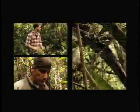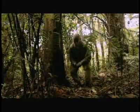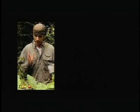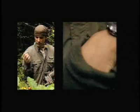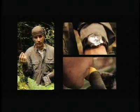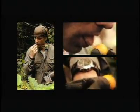But how can you tell which plants are safe to eat? A good indicator are signs that other mammals, like monkeys, have been eating a plant or fruit. But to be on the safe side, Mike uses a simple edibility test. Basically, you touch the fruit, see if there's any irritation. You pluck it, touch it to your lip, wait a minute or two,